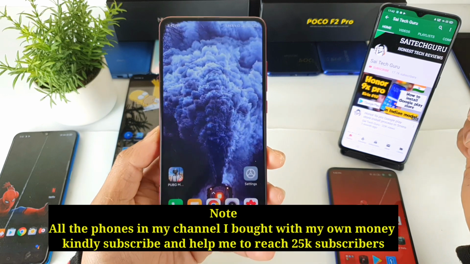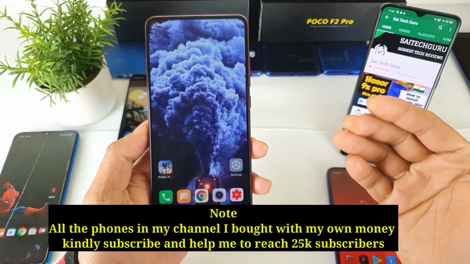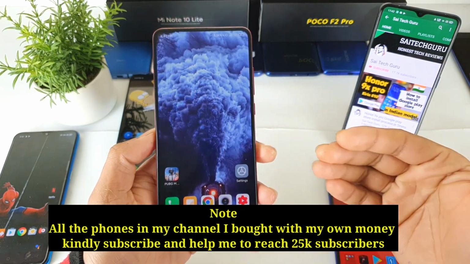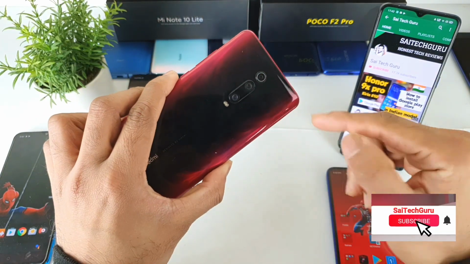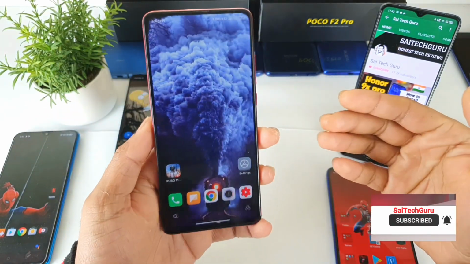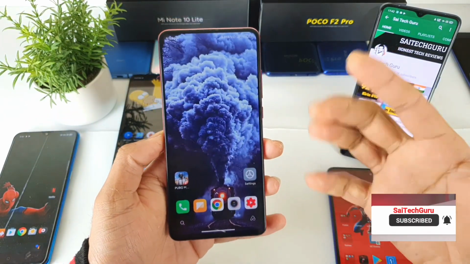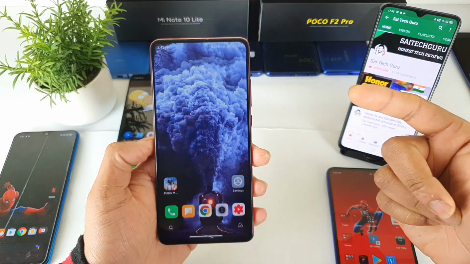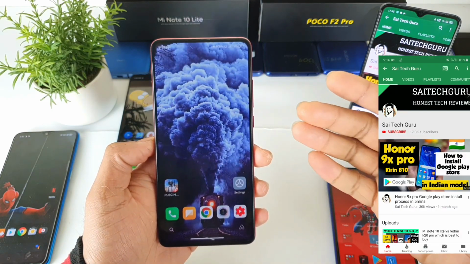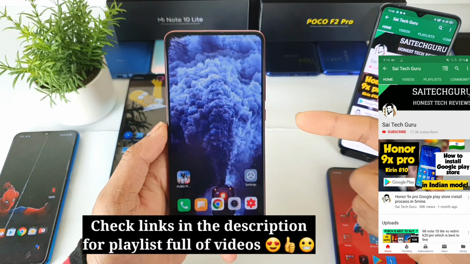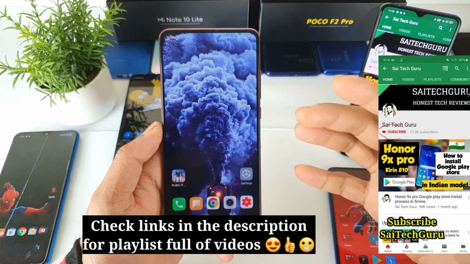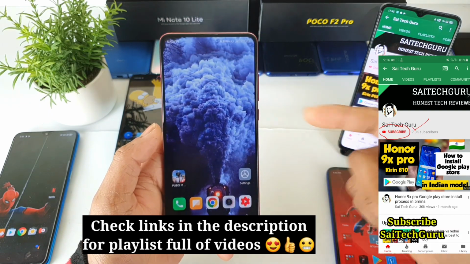In this video, I'm going to talk about the camera interface and how the camera UI looks after the MIUI 12 update in my Redmi K20 Pro device. So recently, for the past couple of days, I am using MIUI 12 in my Redmi K20 Pro, and this is the early access which I have received. And if you're having the Redmi K20 Pro and you still did not receive it, don't worry, very soon you will be receiving the update.